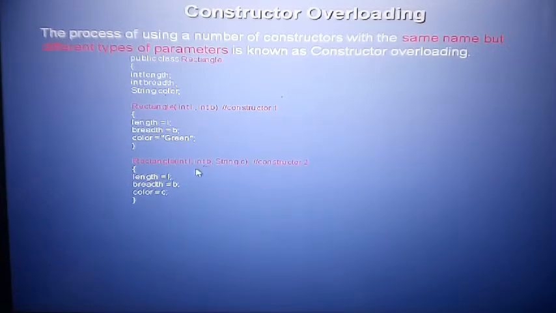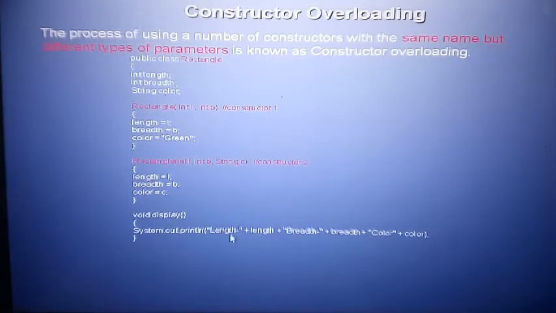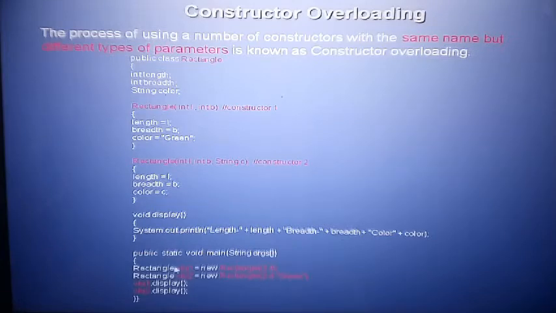Second constructor, here the three parameters: int l, int b and string c. After that, display the value of length, breadth and color. After that I want to call it, so create an object, Rectangle object1 = new Rectangle, with two parameters here, 2 and